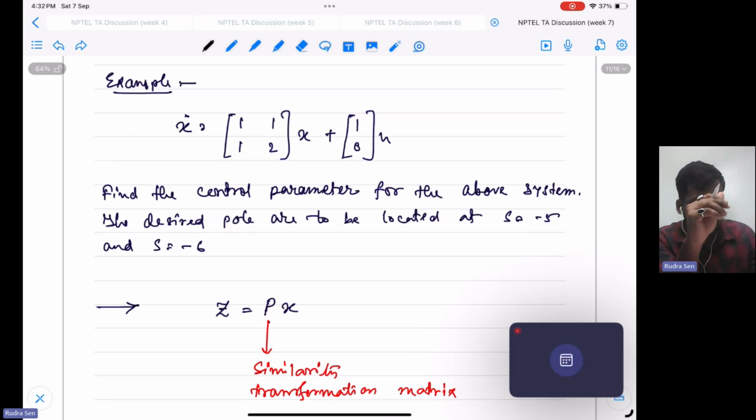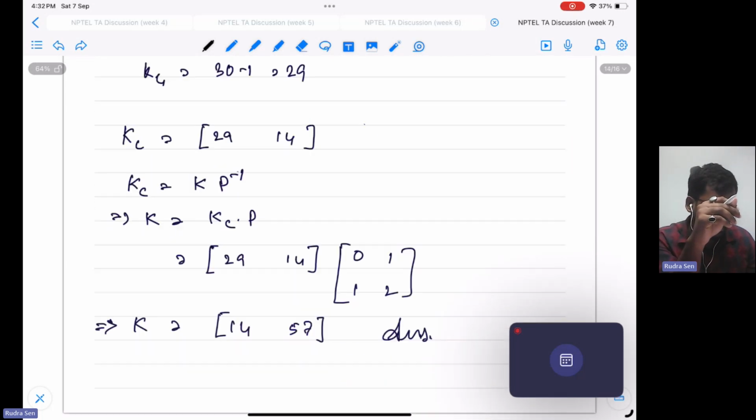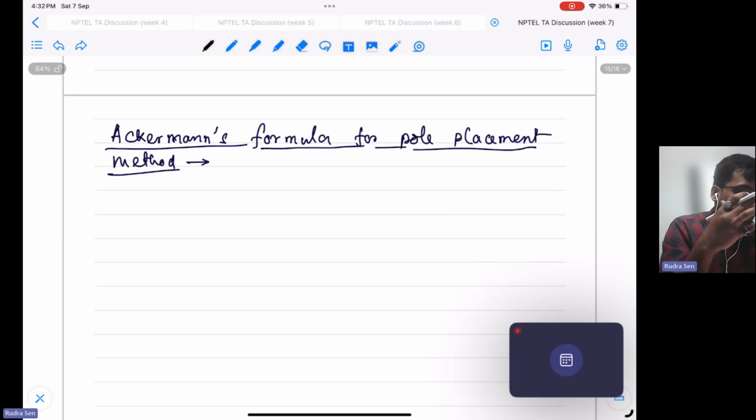Okay, so all these formulas were basically generated just to ease your calculation procedure. For Ackermann's formula, I'm going to use a different system. I'm not going to use the same system because we know that we will get the same result. So the example is,